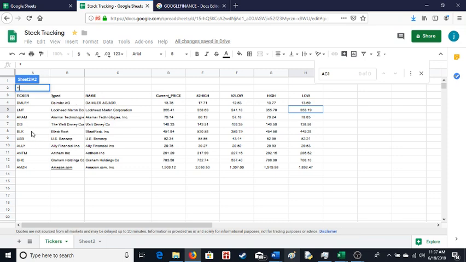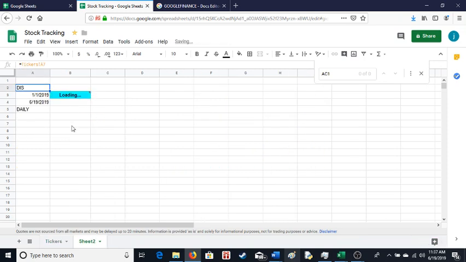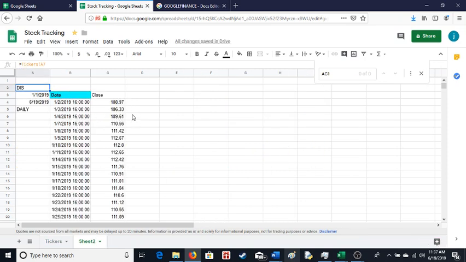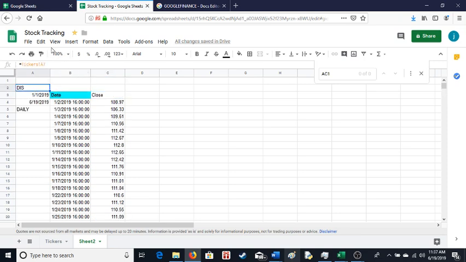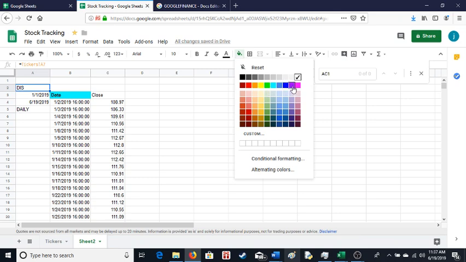Let me see what Disney is doing. DIS. Let's see what they've done. So they started the year at 108. Today they're trading at 139. Not bad for Disney. You can change your ticker to, let's pick